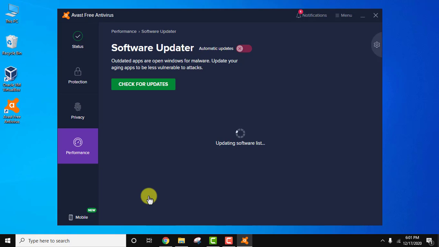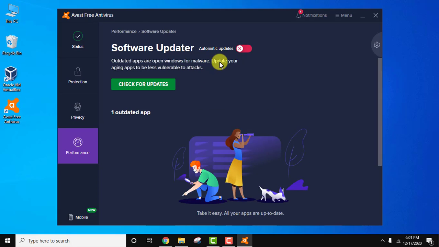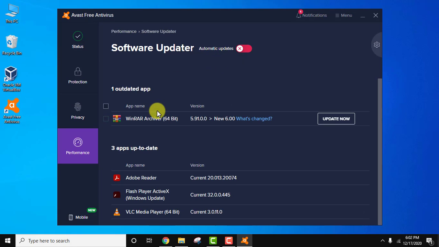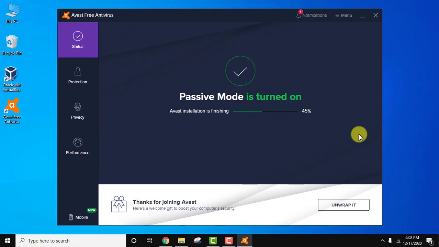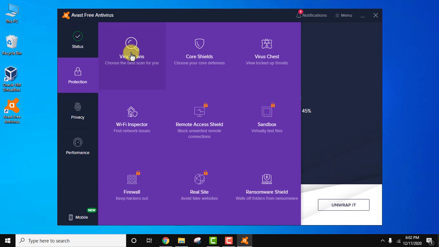Software updater. If any software needs updation on your system, the same will get updated here. So WinRAR, Adobe Reader, Flash Player, VLC, we need to update it and it has notified us in this section. Let's wait for this. So guys, you just need to wait for this to complete till 100%. That's it. After that, you just need to click on protection and just click on virus scan and start running